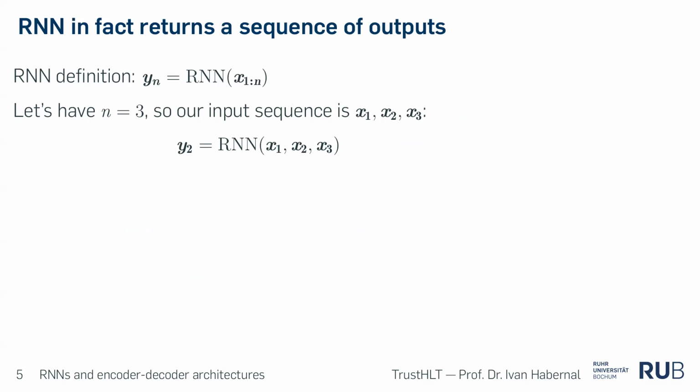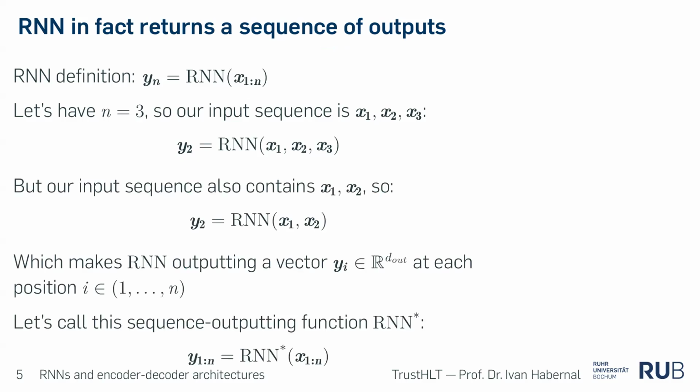Well, in fact, this was our RNN definition. By this definition, the RNN actually returns a sequence of outputs. Why is that? If we have, for example, 3 inputs, as we had before, the input sequence would be x1, x2, and x3. These are 3 vectors coming into my network, and there should be y3. So the output at 3 is a vector, taking three things and outputting 1 vector.